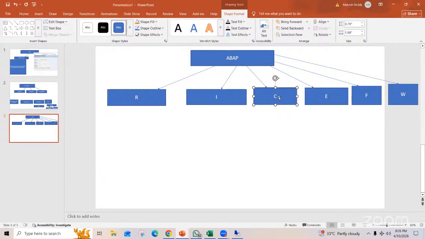So instead of BDC, we can go for the BAPI. Enhancements, BADIs, and then forms, smart forms, database forms, and workflow. If you do at least 2 to 3 objects in each area, then you will become perfect, ready to face any interview, either as a fresher or